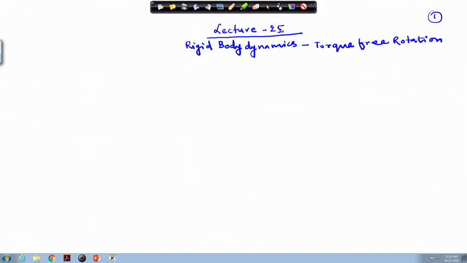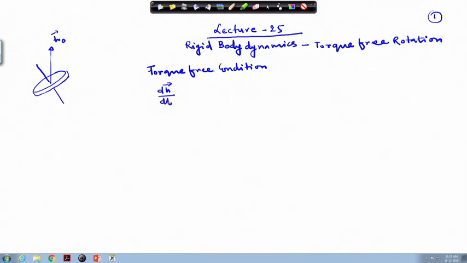So, what we did last time was that we had the rigid body, and obviously for the last week we have been doing the same thing. This may be a disc, this may be a cylinder, whatever it is, and we assume that this is the direction of the angular momentum. Because it is a torque free condition, this implies